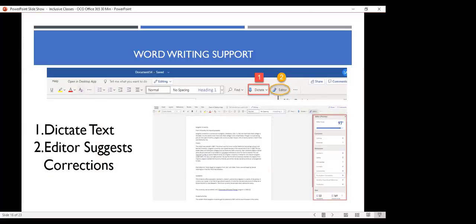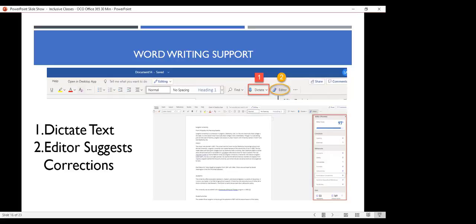Word Online, and this is coming into the desktop version. I've seen it on the PC version and the Mac version. It has the option where you can dictate text. The way that I've used this professionally is sometimes I'll be recording a video and I have another computer doing dictate text so I can record what I'm saying. So dictating lets people type, and in the handout I'm going to have for you, it shows how to get the punctuation marks and things in there.